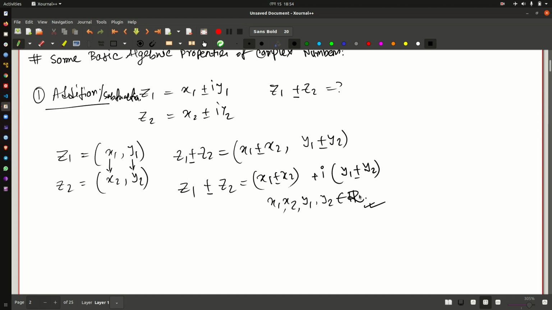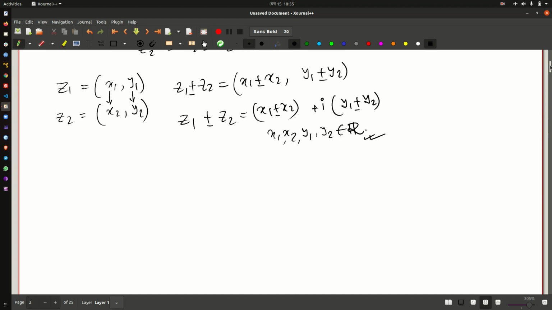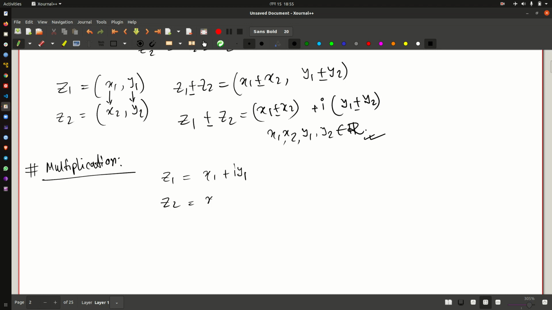Okay, now there comes the multiplication part. Multiplication of complex numbers is just as similar as multiplying real numbers. If you have a complex number, let's say z1, written as x1 plus iy1, and z2 as x2 plus iy2, we want to define the multiplication of z1 and z2, and first we write them down like this,